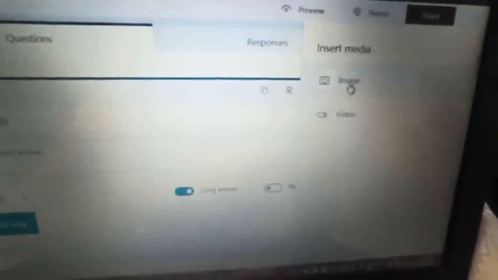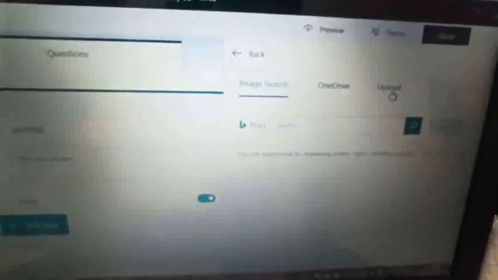For an image, if I want to incorporate any image in my paper, I will click on the image option, and wherever it is saved, mostly we save our things on the desktop before we make the paper, so you will click on upload, and the same way as we do on Facebook and everywhere, you will upload it from here and the picture will be shown, right?